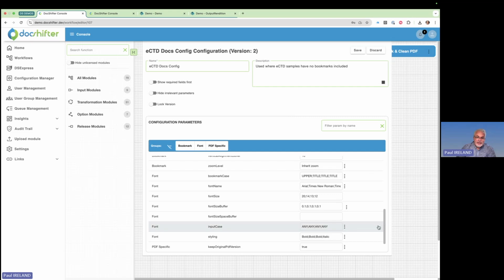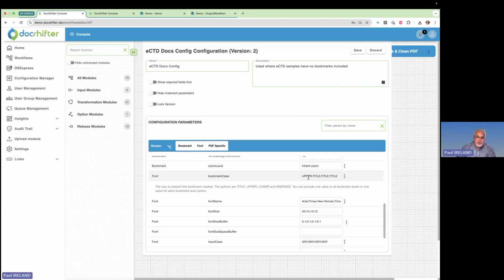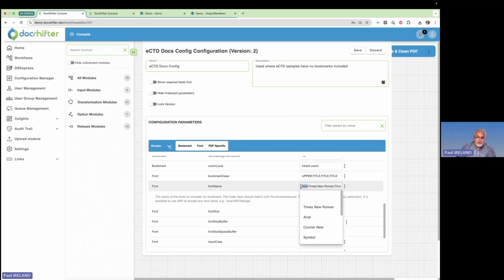So if I come down, I'm just going to skip, not going to show all the options, but show you here that I want to create the first level. I want to be all uppercase. The bookmark should be all uppercase. The second, third, and fourth level should be title case. They all should be at inherit zoom, the bookmarks that are created. The text that I'm searching for, in the first rule, I'm looking for Arial text that's font